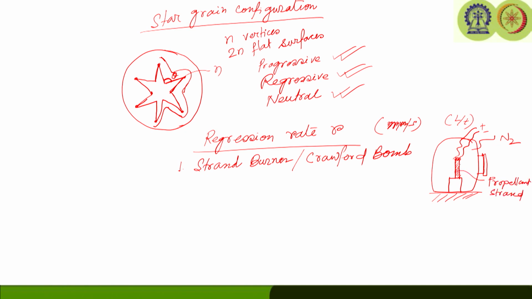There may be some fuse wires located at a specified length L. As the burning surface regresses over time, the outer surface of the propellant is inhibited, which means it will only burn from this surface. So the burning will proceed like this. Once it reaches the first fuse wire, where it will get cut,